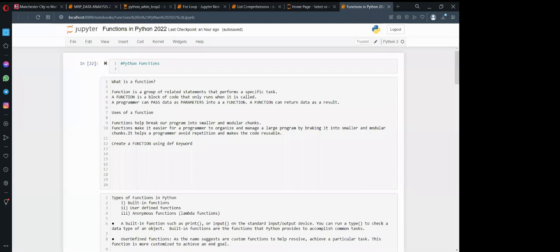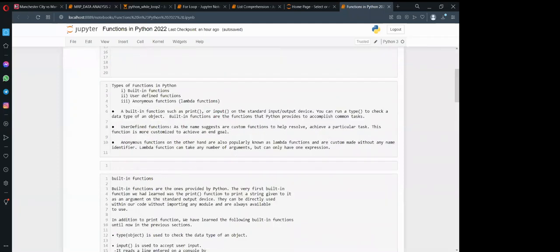So in Python, we have different types of functions. One, we have inbuilt functions. These are functions that you find inside Python. They're already there, just like when you are using Excel, you have sum, you have product, all those inbuilt functions. And even in Excel, you can also have what is called your user-defined formulas. In Excel we call them formulas.